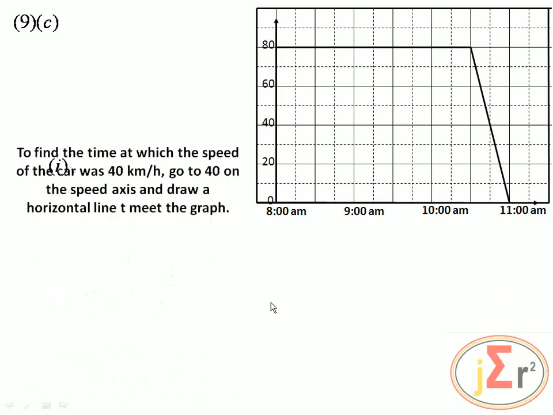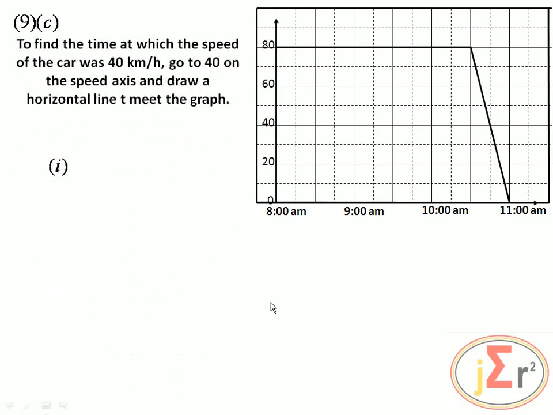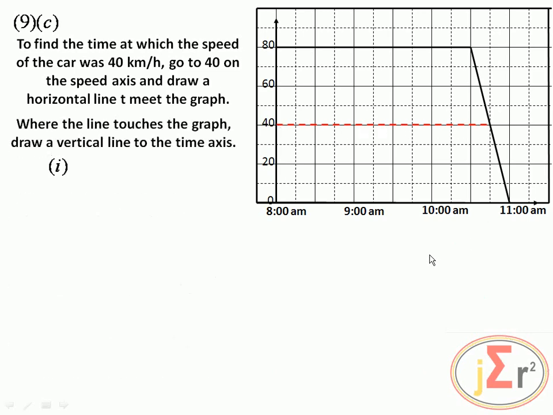First, find the time at which the speed of the car was 40 kilometers per hour. In order to find the time at which the speed of the car was 40 kilometers per hour, go to 40 on the speed axis and draw a horizontal line to meet the graph. Meet the graph, then we go down. When we go down, what do we know? The time is